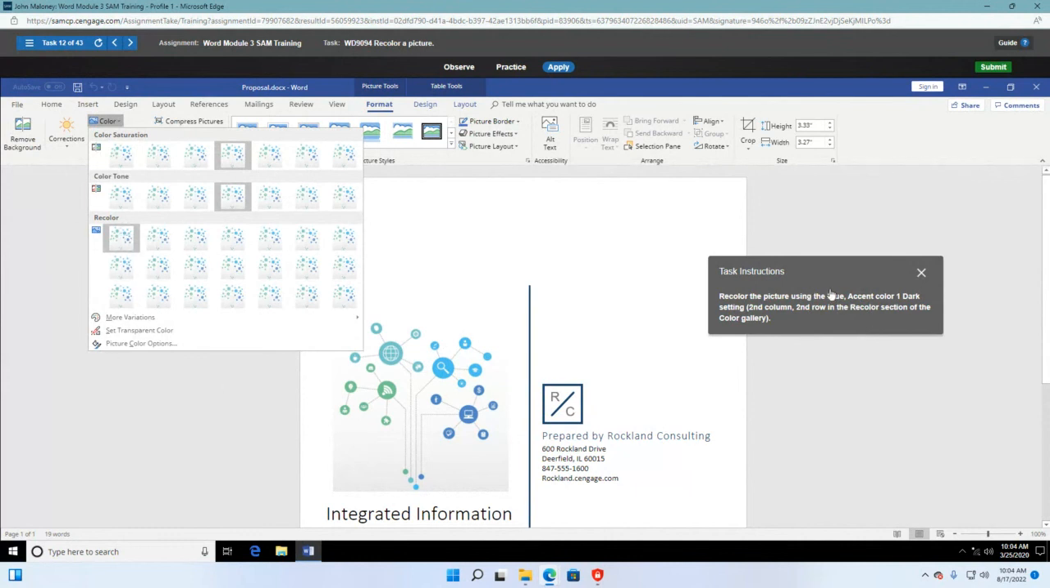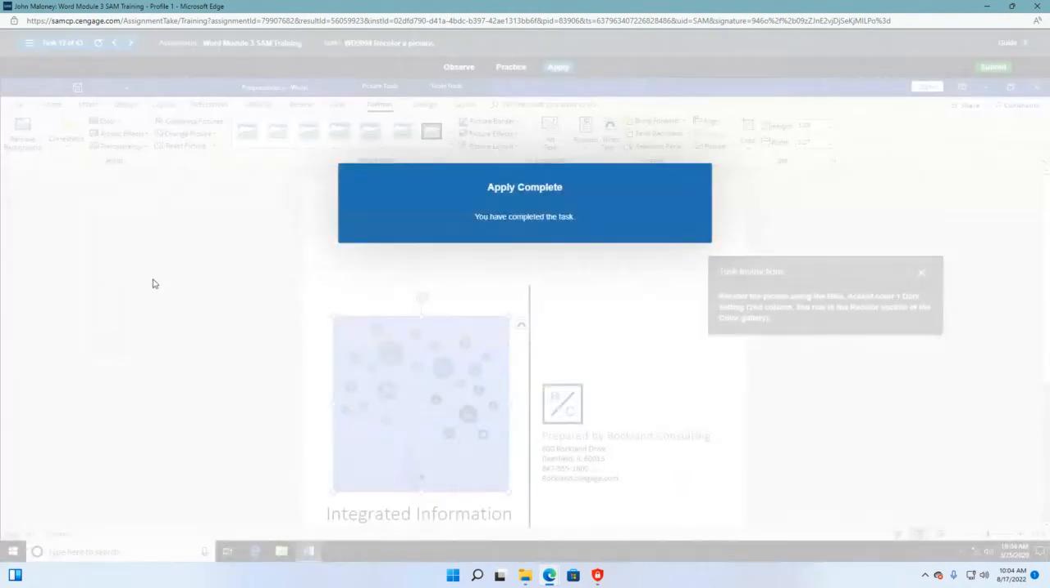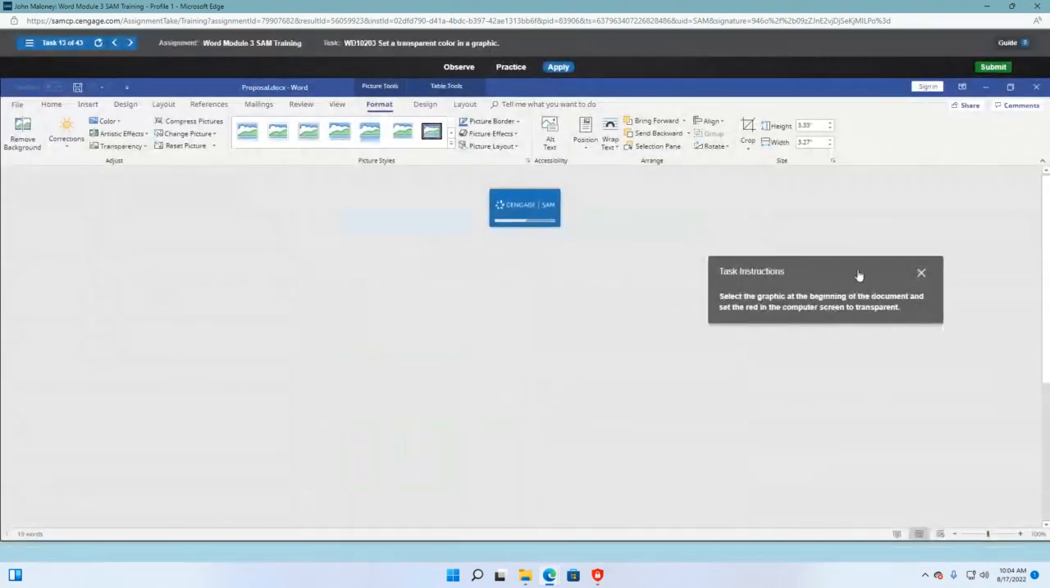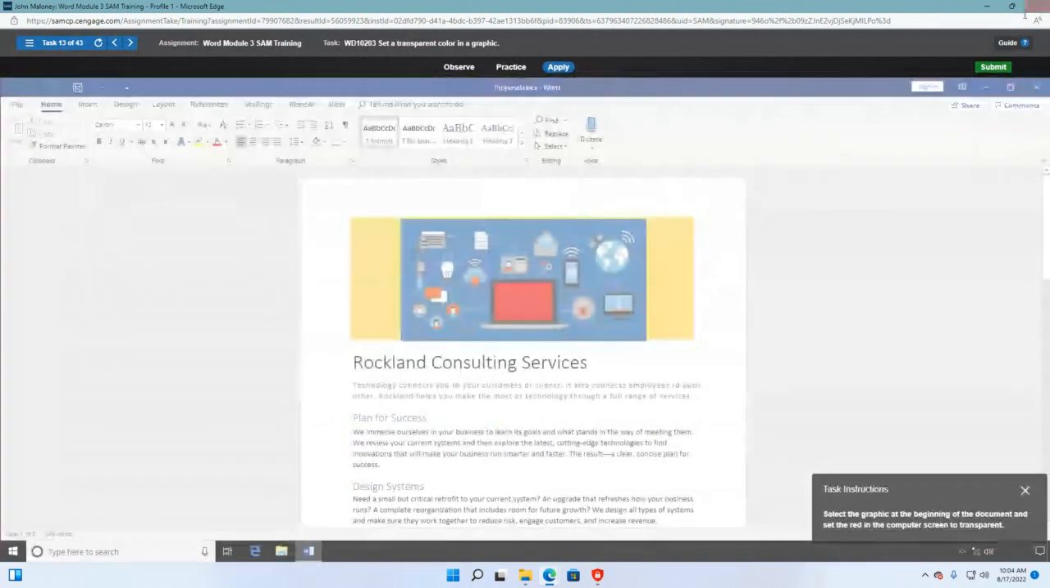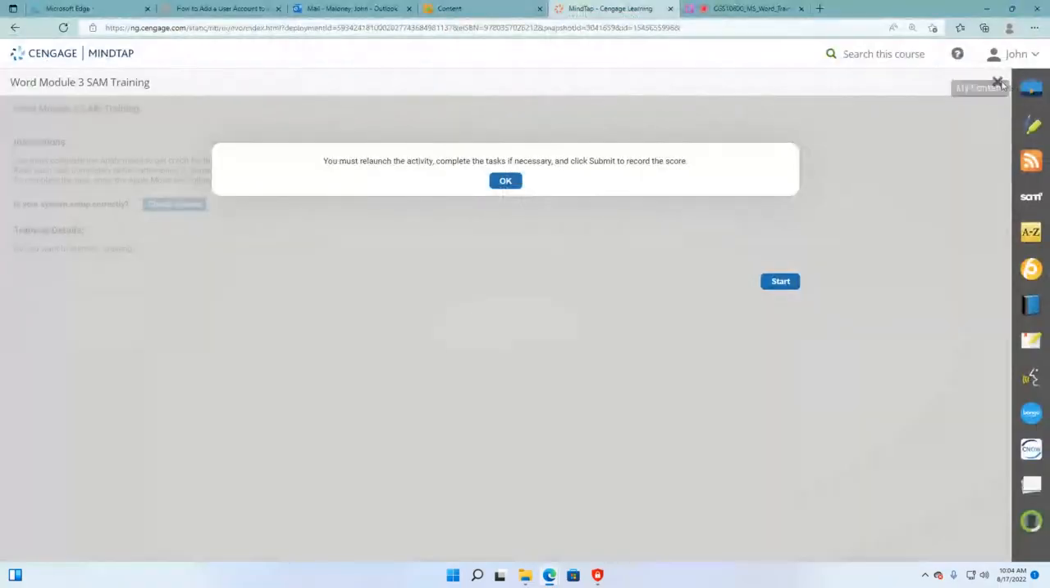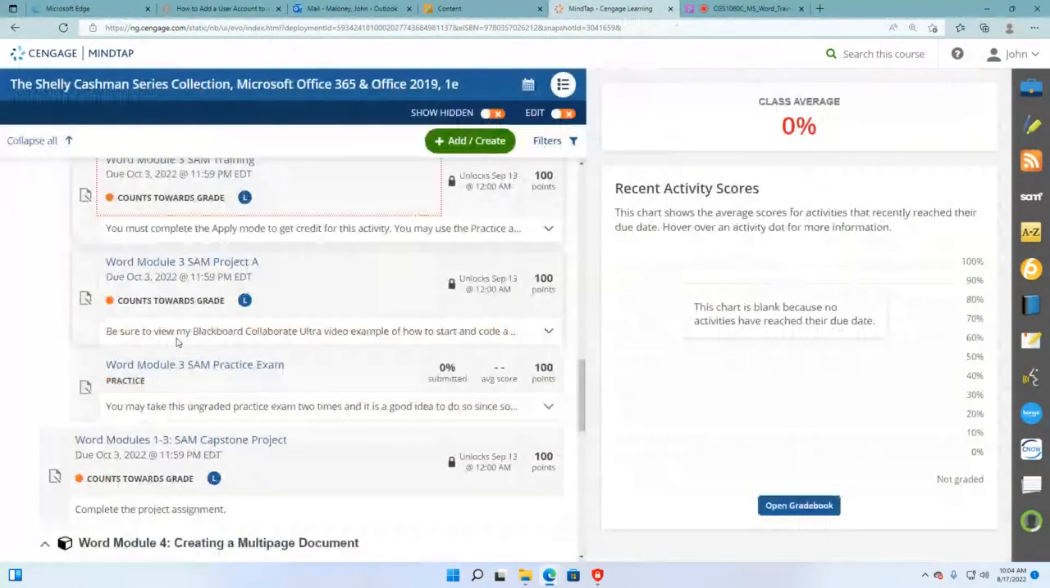Okay, here's recolor section, and it's the second column, second row. So again, column, that's 1. Column, this is 2, and the second row is this one. So that, done. All right, so that is it for number 3. All right, so get out of number 3, close number 3 again. Now number 4,